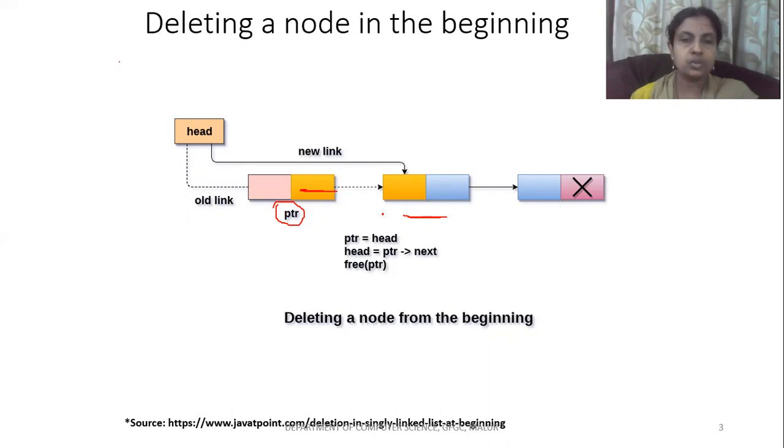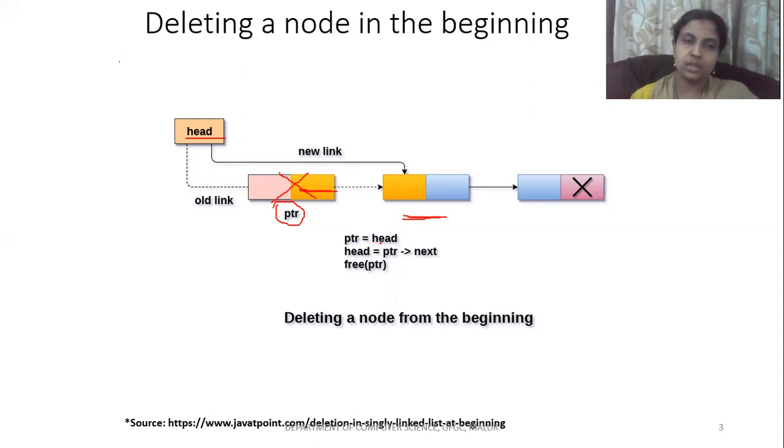Then what you need to do, you need to assign the address part of your first node to the head node. So illi kottiruva address annu tagondi, if you put it off, what will happen? Which address will be there? The second node address only will be there in the first node. So what happens? A link between this node is removed, and a link between this and this particular second node will be established. So this is the thing you need to remember.